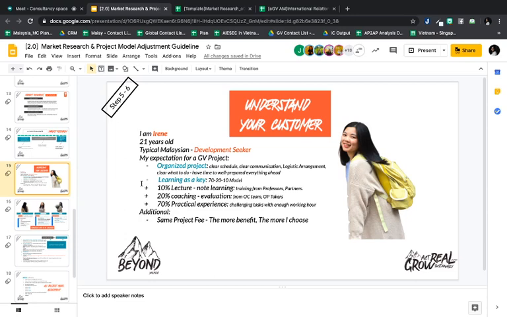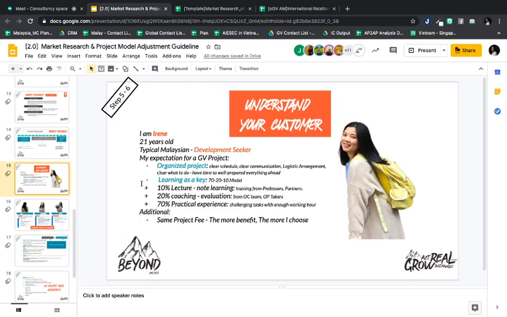A lot of the time, the iGV side is afraid that the EP will feel it is hard and might not enjoy the job, so they choose a very simple JD. But a lot of the time this is the frustration of EPs from Malaysia, because they really love to have more and challenging tasks, and also clear working hours. Because for them, they seek GV as their development space.